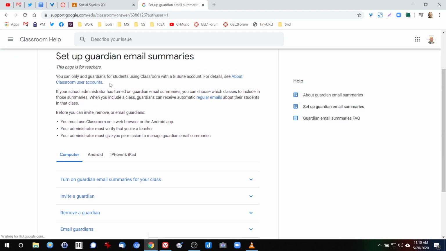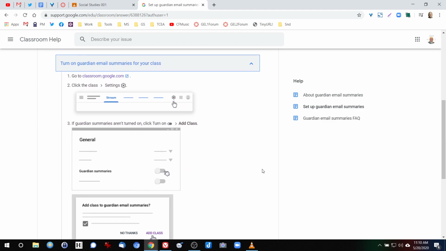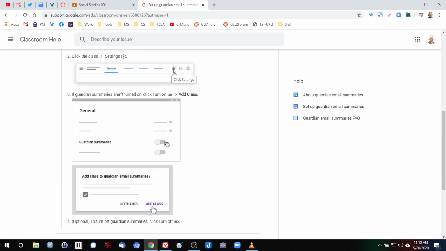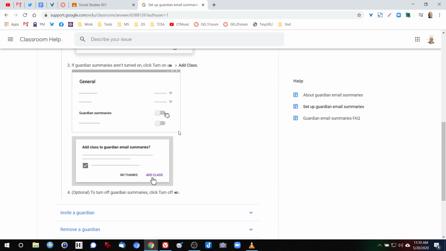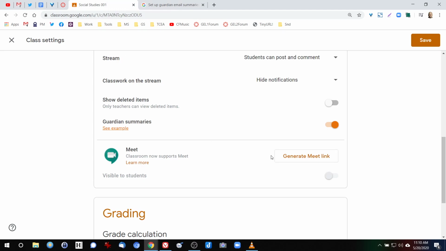It says you can only add guardians for students using Classroom with a G Suite account. And as you can see down here, you must use Classroom on a web browser or the Android app. You have to verify that your teacher, your administrator must give you permission to manage guardian email summaries. And then it sort of walks you through how to do that. And as again, you can see there's the settings, and you can add class to guardian email summaries. So this is already turned on, so guardians are able to see this,